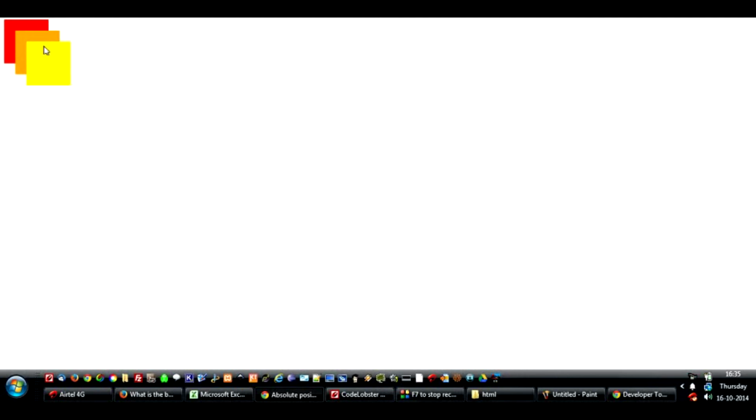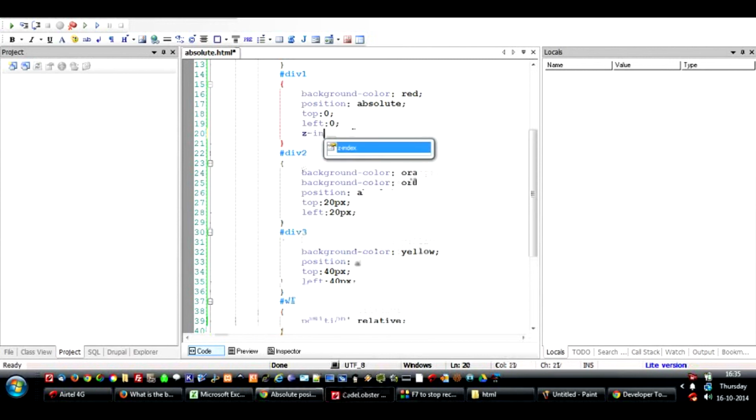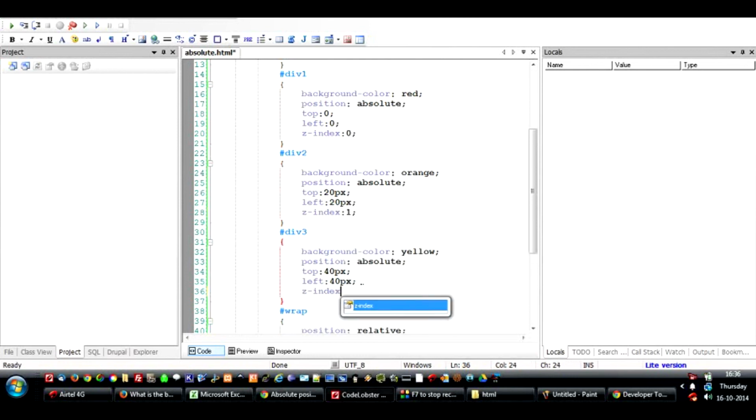Now if you want to change the order of these divs, for example, you want to bring the orange one on top and push the yellow one to the middle, all you need to do is use a property called z-index and give it some arbitrary value, for example 0, and give this z-index another arbitrary value slightly higher than this, and finally give this one also a z-index.